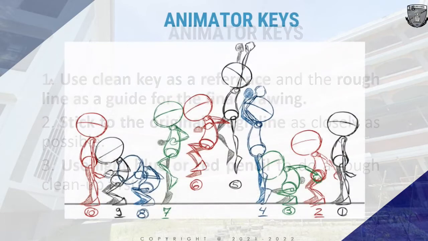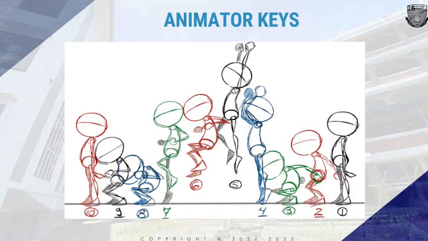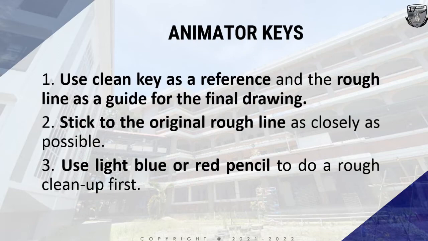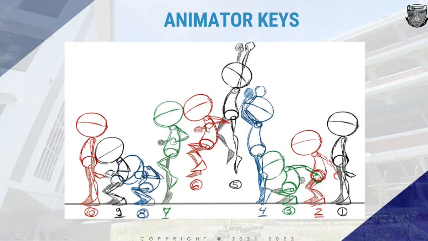So I'll give you an example, this one. This is an example of the keys that I am talking about, and it uses blue and red pencils. So as you can see here, we have your red one, the blue one, and we can also use a green one as our reference, and we have the black ones. So this one is what we call our extreme key. Okay, and this one also is your extreme key. We also have here your breakdown. As you can see here, this is your number 5 as one of our breakdowns, and some of the keys here are your in-betweens.